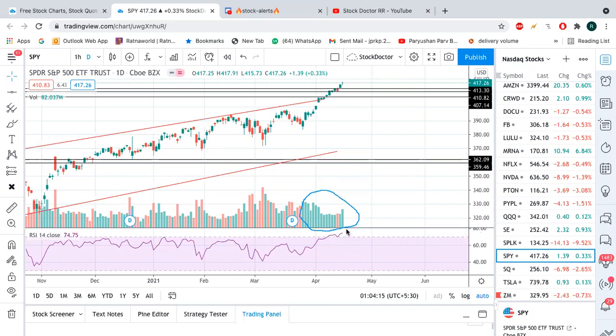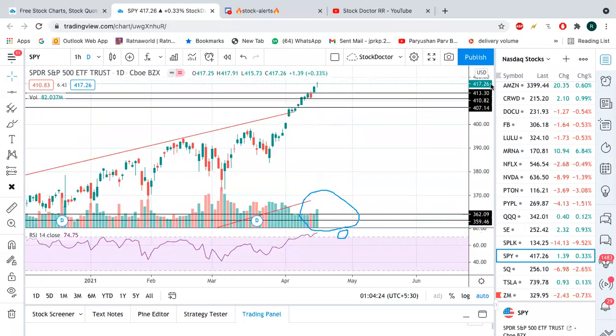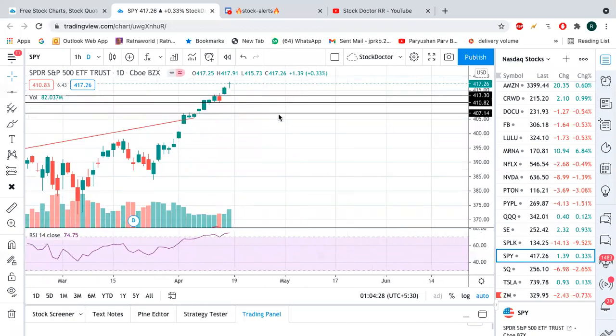As of now, if you see here, the RSI is kind of overbought and the stock has created a doji pattern. And as you all know, the doji pattern is a favorite pattern. There is a high probability that it can create a morning star or evening star pattern,